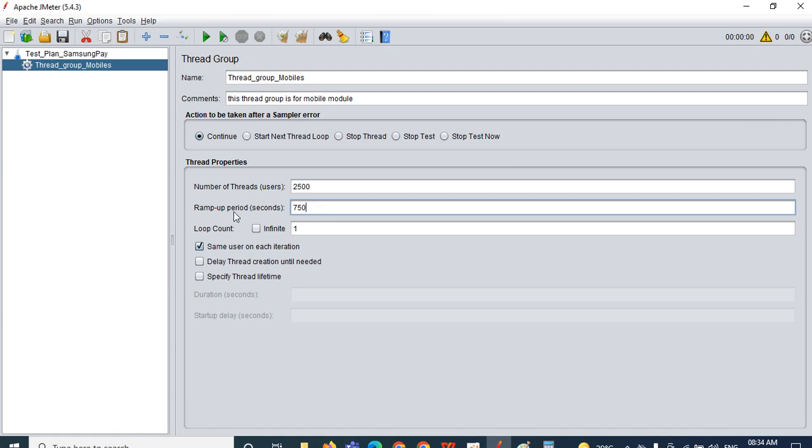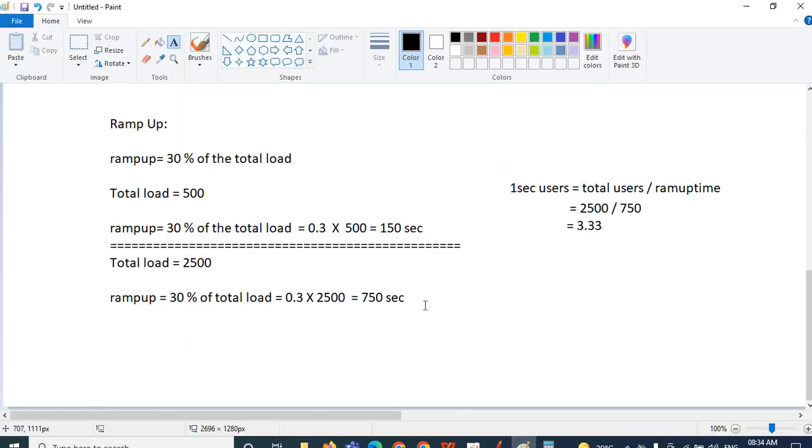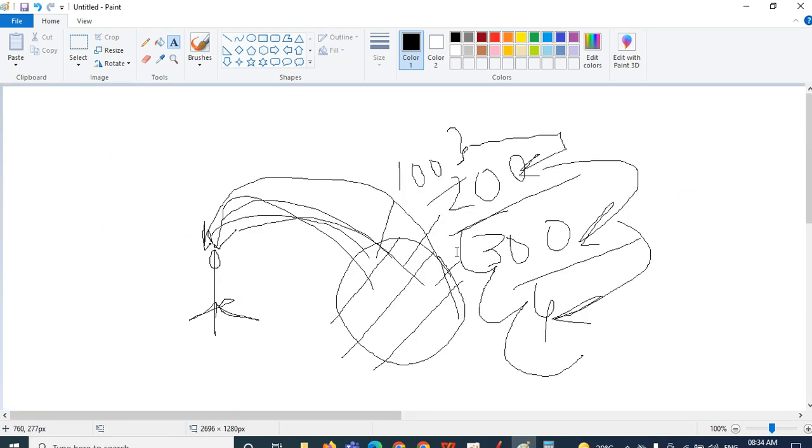Okay, so next one, loop count here. Okay, so let me go with one user, don't go with the maximum users. Okay, my machine hang అయిపోతుంది. Okay, so here you can see loop count, right? What is this loop count? Let me again go back to here. So loop count అంటే ఏంటంటే,